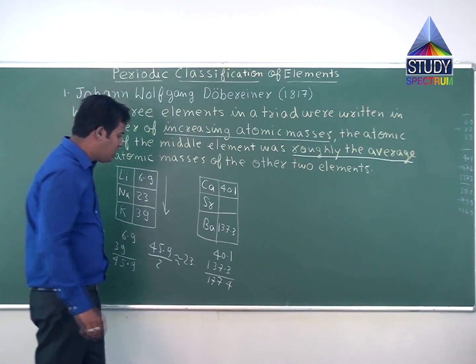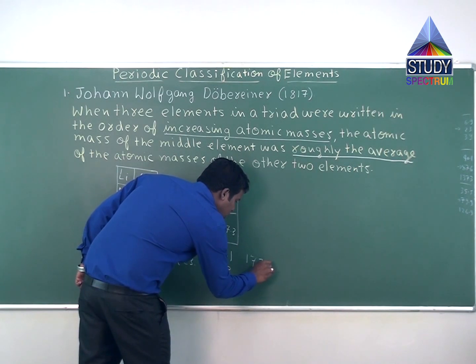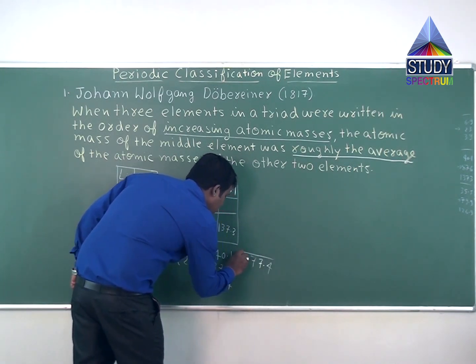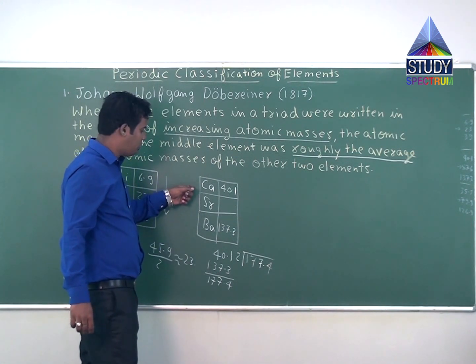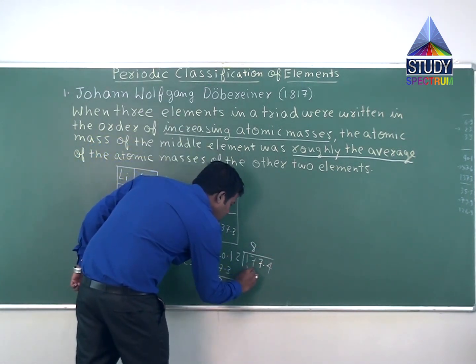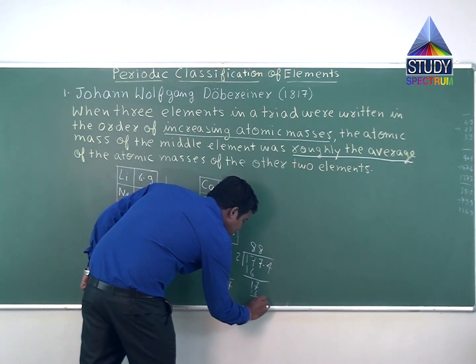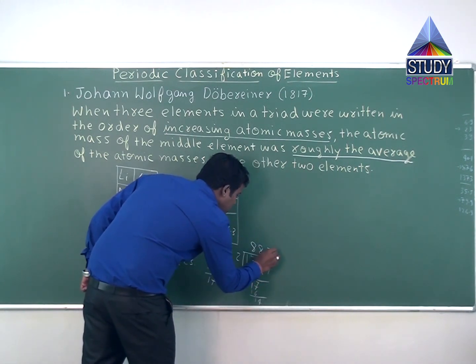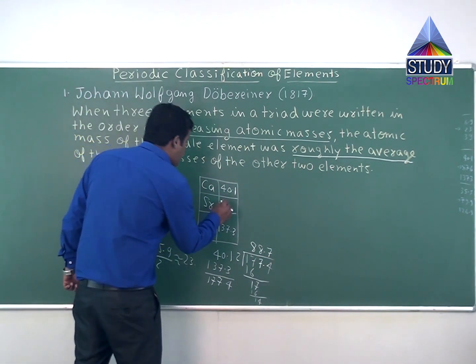Now if you divide 177.4 by 2, that is the sum of the atomic masses of the first element and third element of this second triad, calcium and barium respectively, then it comes out to be 88.7,